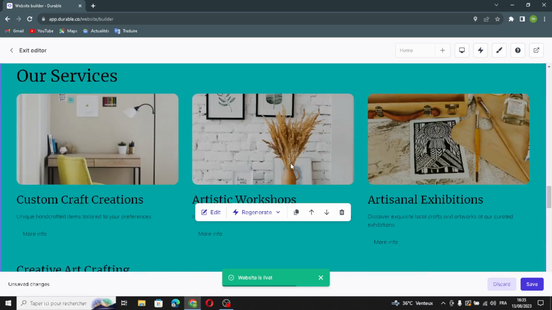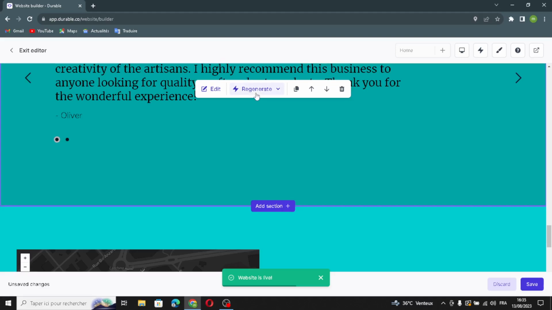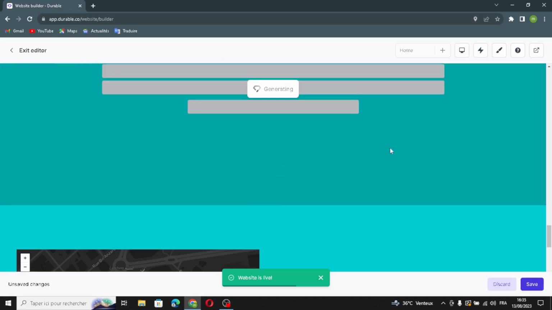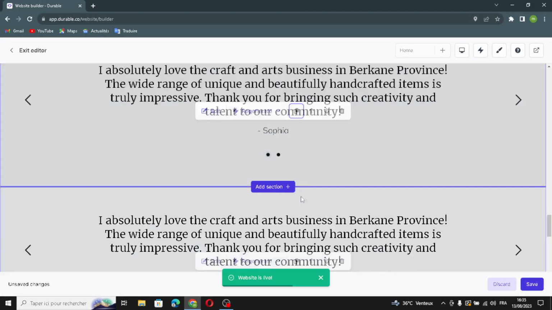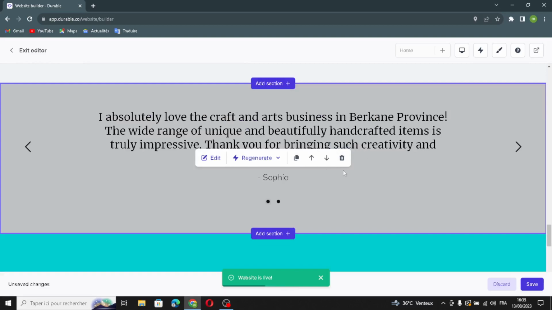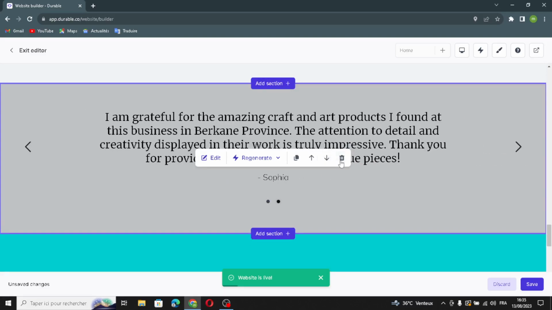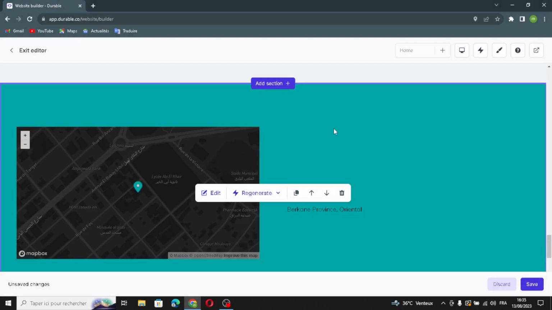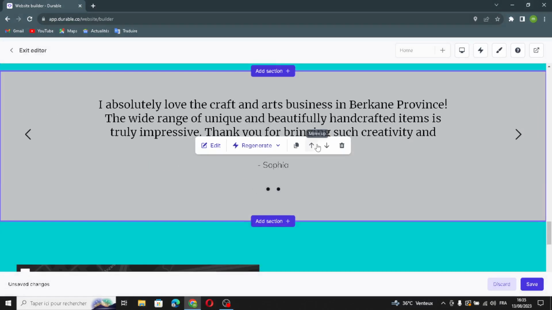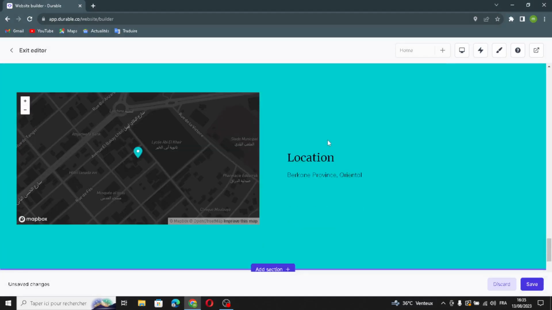And if you don't like the entire section, you can change it. If you want to duplicate the section, just do it like this. If you want to delete the section, you can delete it from this delete icon. Just click on it and it will be removed. If you want to move it up or move it down,